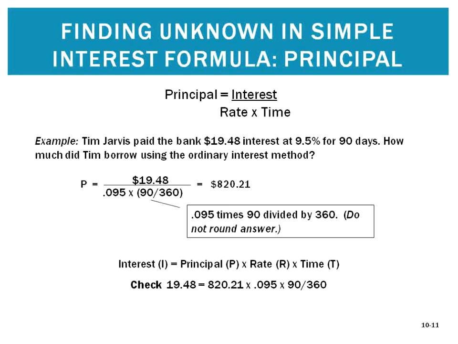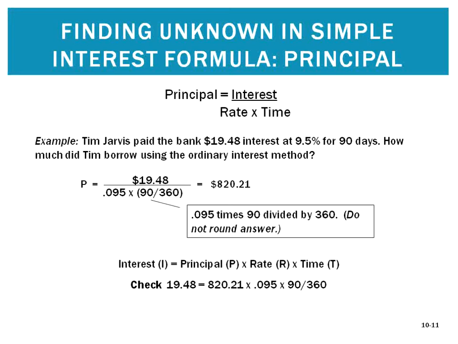So 9.5 is equal to 0.095 times 90 over 360. Don't round the answer. If you have a scientific calculator, put brackets, put parentheses, and make sure that it's calculating in the right format. And then if you plug it in really well, you should get that the principal is